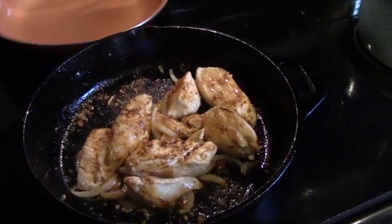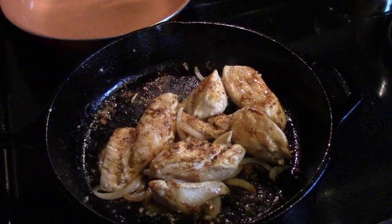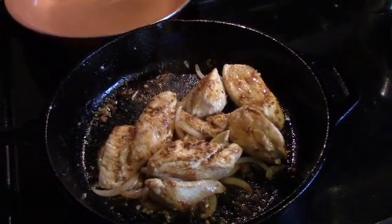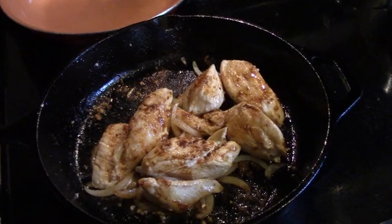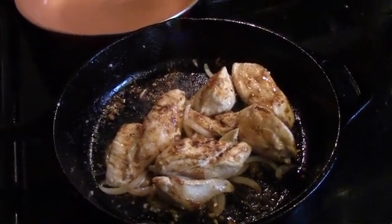And as usual, I forgot to mention, we also put on our seasoning blend, which is cumin, some red pepper flakes, a few other ingredients, but of course season your food the way you want it